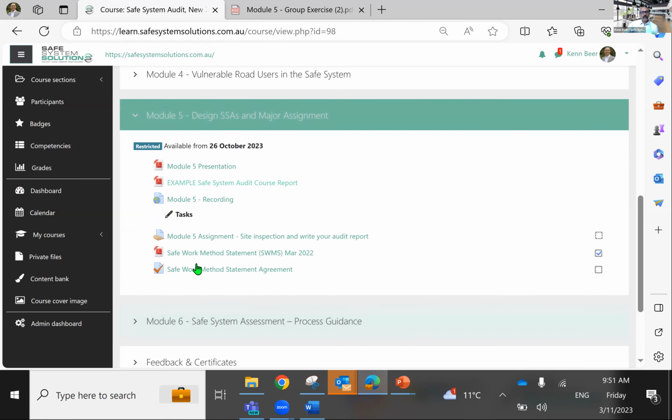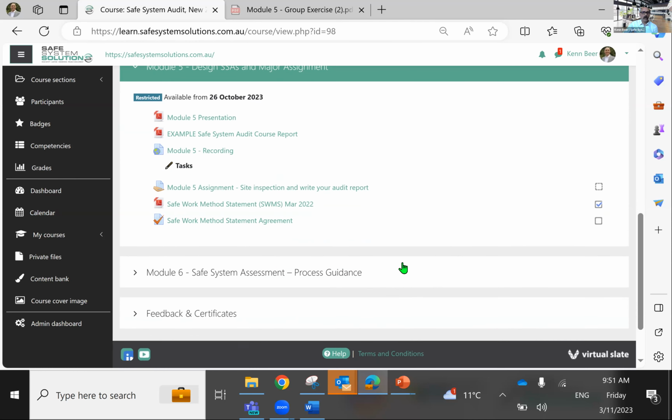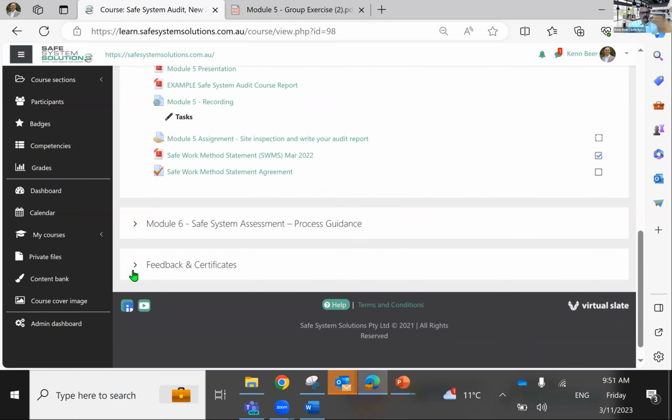Of course, you're going to have to submit your safe system audit, and Sam and his team in New Zealand are going to be marking those and providing you feedback. If you need to resubmit, that's okay. You've got a few attempts to get yourself over that 80% mark. You can always organize a one-on-one coaching session with one of our senior auditors who will help you make sure you're clear on how to write it up. Remember, you're only finding 3 issues, but you're filling out the safe system assessment matrix.